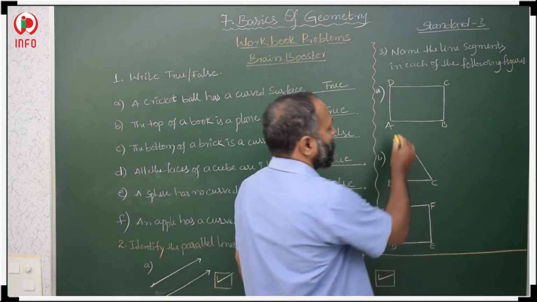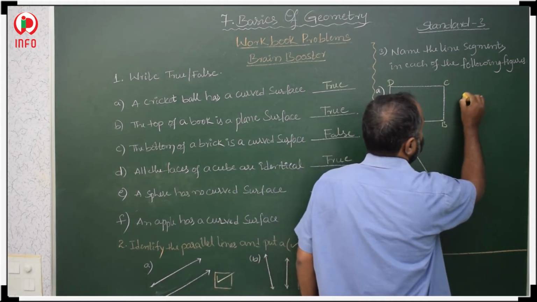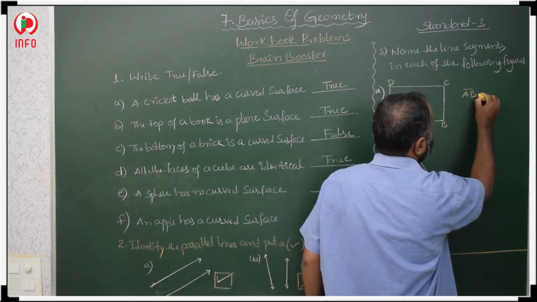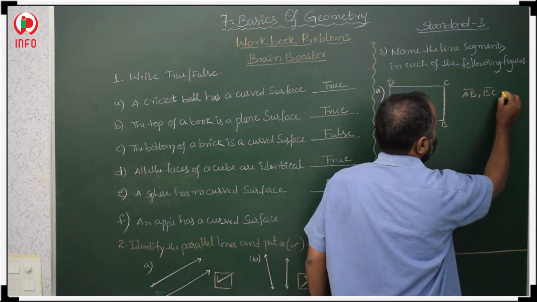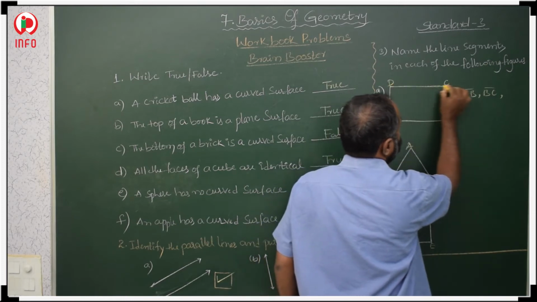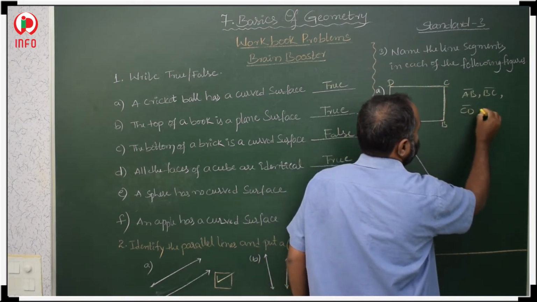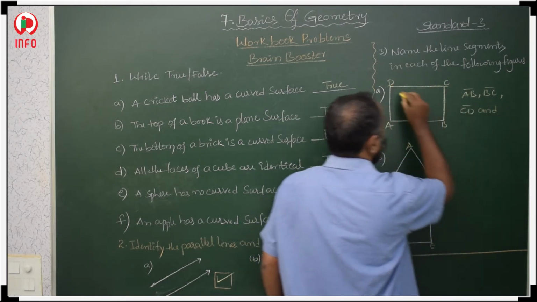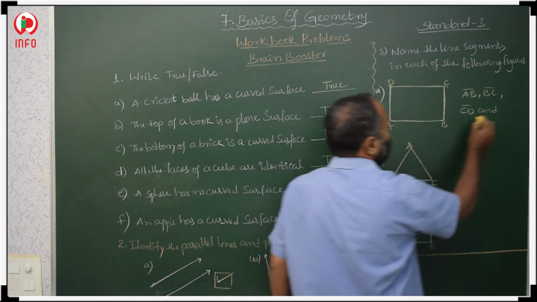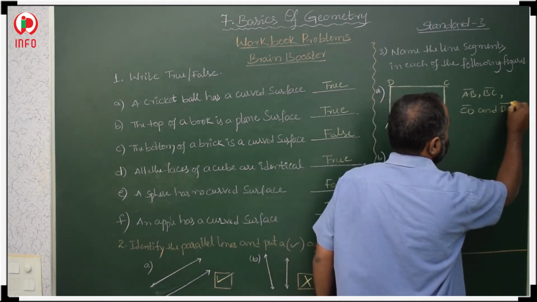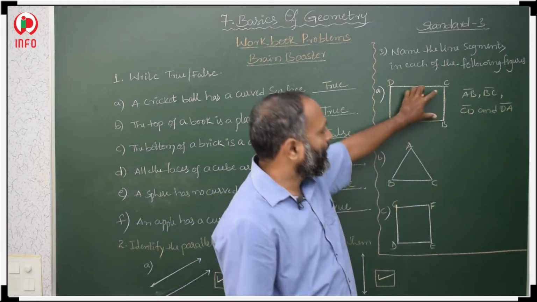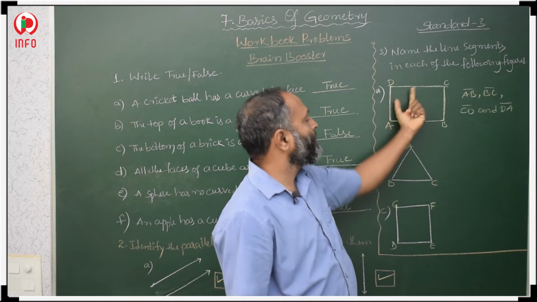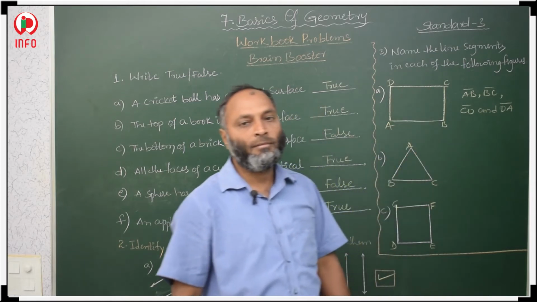Here first, AB is the first line segment. Next, BC is the second. Next, CD is the third. Last one is DA. These are the four line segments: AB, BC, CD, DA. The same way,